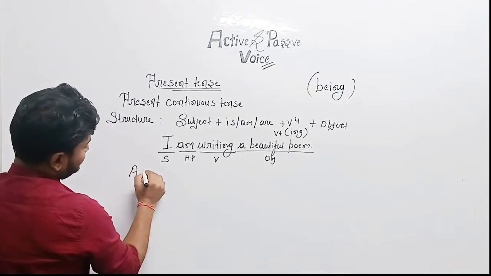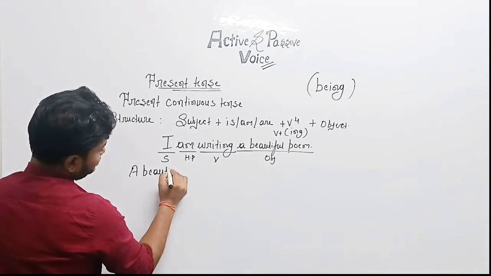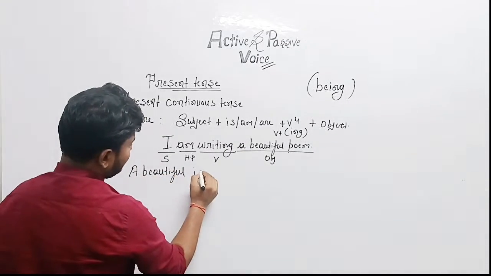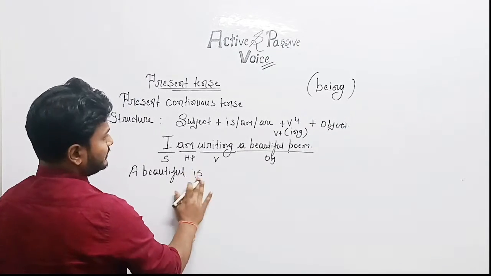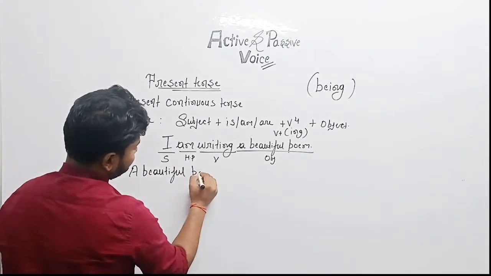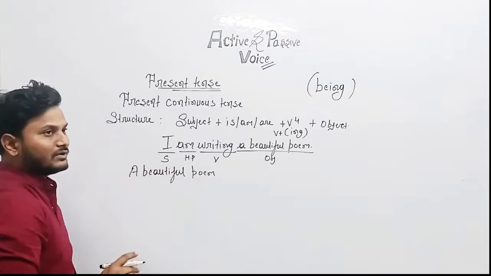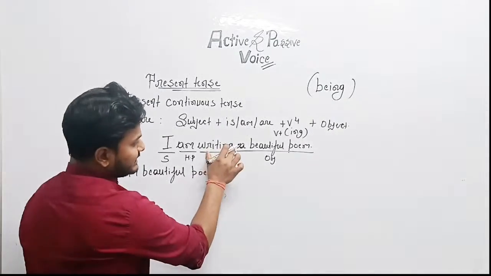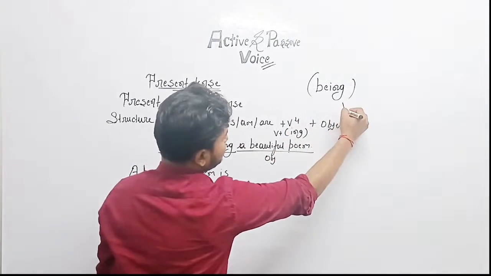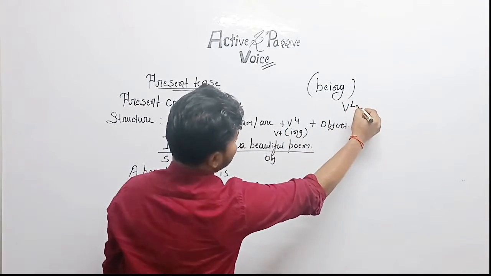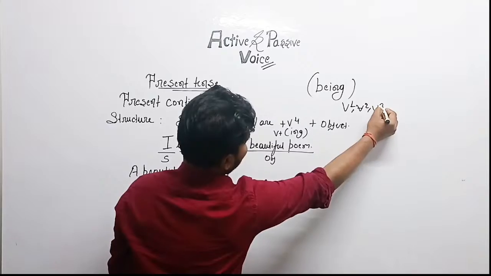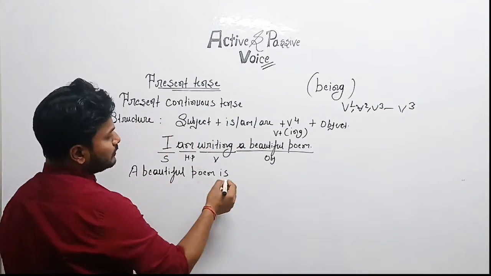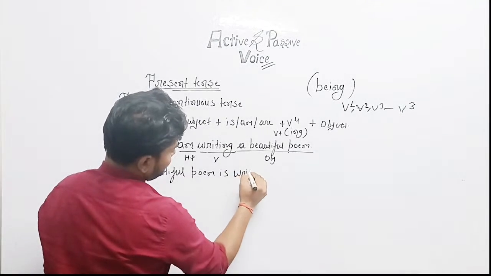Subject of beautiful. Beautiful. We are talking about only one, so it will be "is" only. A beautiful poem. We are talking about only one poem, so here it will be only "is". A beautiful poem is writing verb 3. I had already told you that verb 1 changes to verb 2, verb 3. Whatever will be there, it will change into verb 3. So a beautiful poem is written